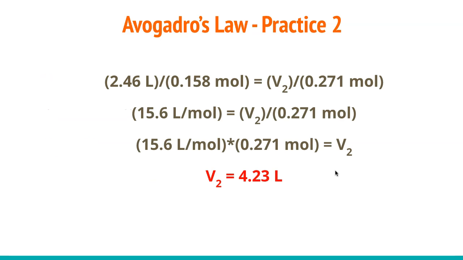So if I put this together, here are the variables put into their proper places. And what I see is on the left-hand side, I can do the calculation. I get 15.6 liters per mole. And on the right-hand side, I need to multiply each side by 0.271 moles to get rid of the denominator and isolate V2. When I do so, V2 turns out to be